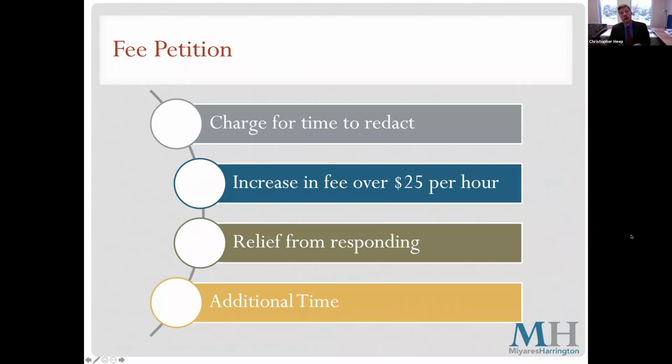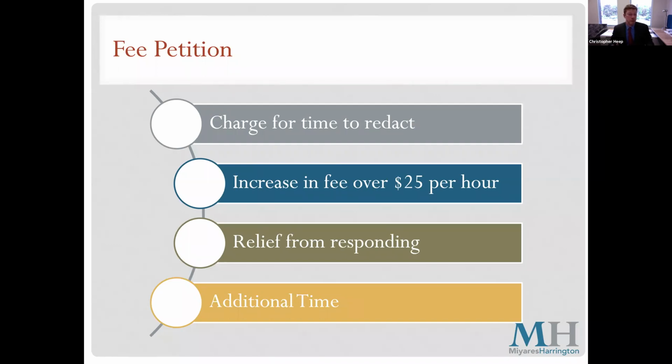Now, this is the other form of charging fees, and this is the petition, the one where the town needs to seek the permission of the supervisor of public records. This is necessary, as I said, for cases where we're going to charge for redactions that we're not obligated by law to provide, but might nonetheless be optional or called for in certain cases.